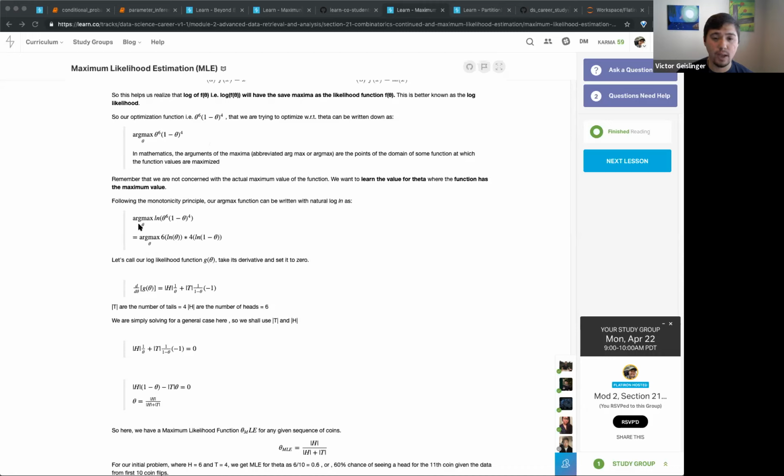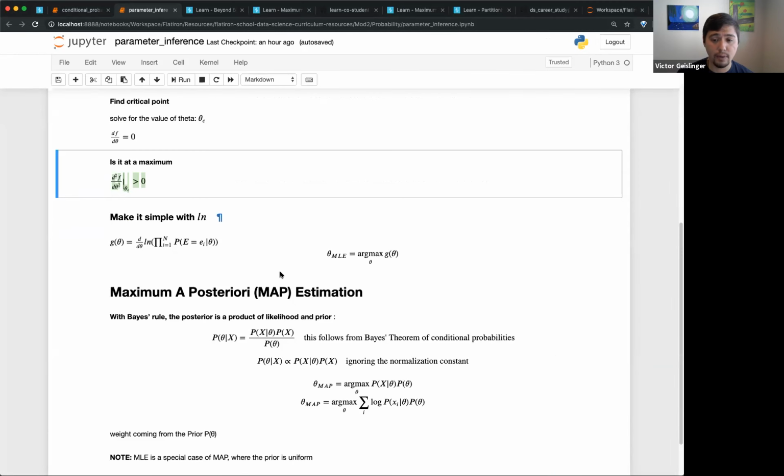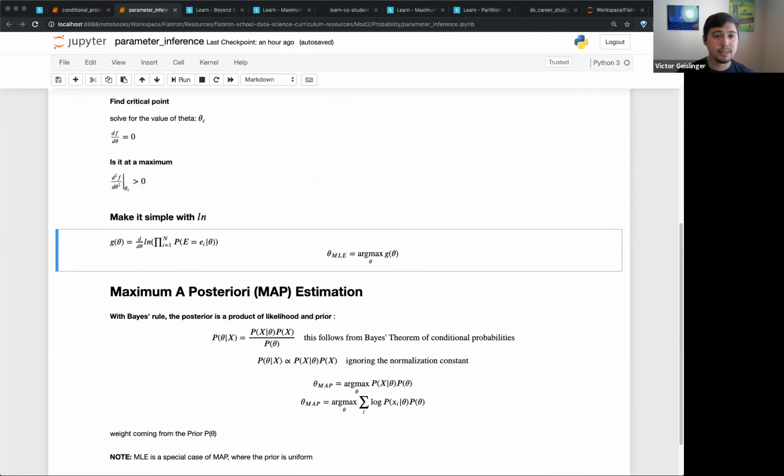One thing to note though, they have this argmax here. I wrote it down here too. I like to imagine it's a fake function. It doesn't actually exist. There is no function that can tell you how to do argmax. It's not like sine of x. It's not like you take this thing and press argmax on your calculator. This is just a mathematician's way of saying, I want to find the maximum argument. Basically, what value of theta gives me the maximum value.